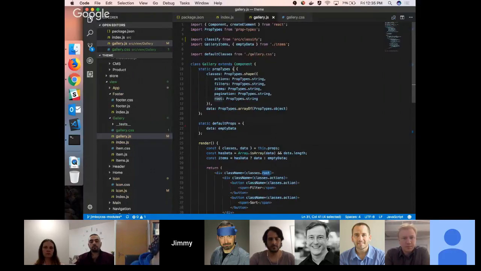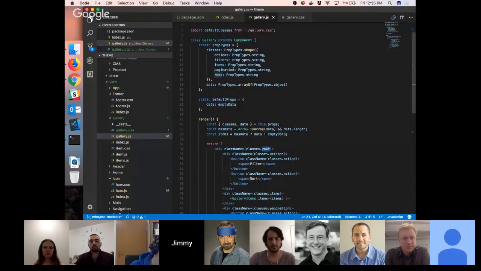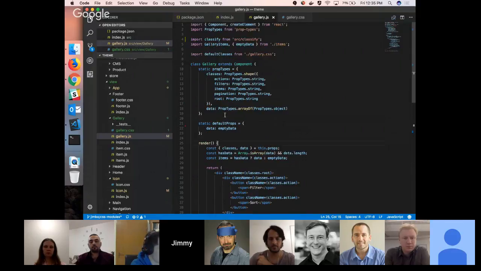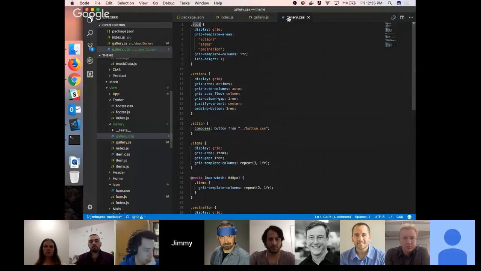At the same time, though, we've also taken some extra precautions to preserve the idea of being able to pass in new classes so that you can actually change the styles of individual components or compose components from other components. And so it's not only the gallery that defines its styles. The gallery really has a set of default styles, which are defined here in this file.